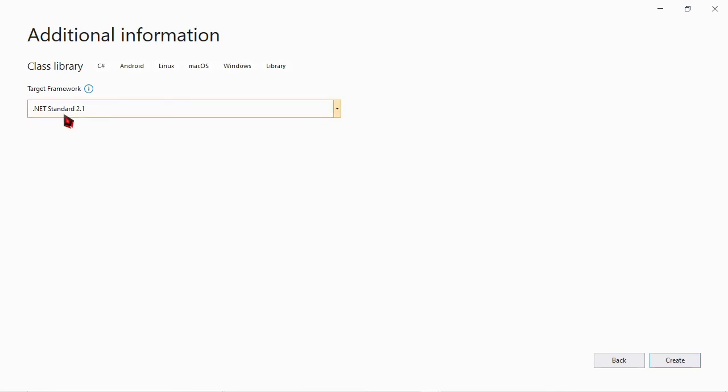So this will be a library, .NET Standard, to host the core project of the solution. And the unit test will be .NET Core and will reference this .NET Standard library. So I create it.